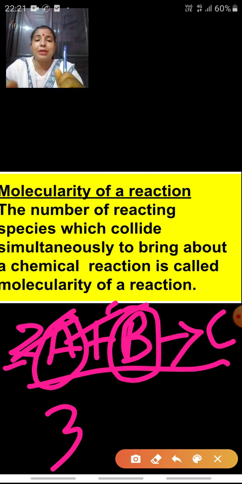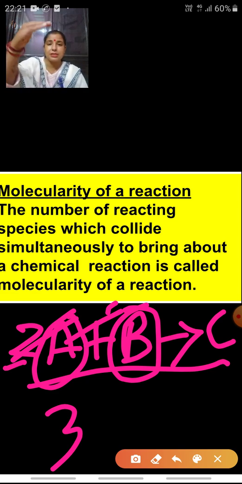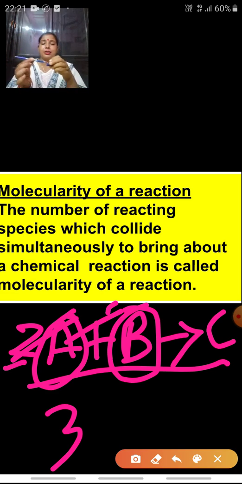Similarly, I am taking the example of a reaction which is taking place in 3 different steps. When the 3 steps are completed, then only one single pen will be produced. Now, suppose that part of the company which is making the cap of the pen is making 100 caps a day. But the portion which is making the body of the pen is making 50 bodies a day, and the portion which is making the refill of the pen is making only 10 refills a day.